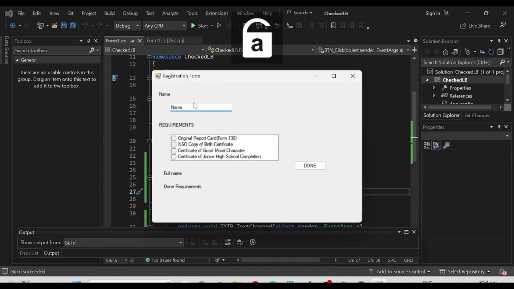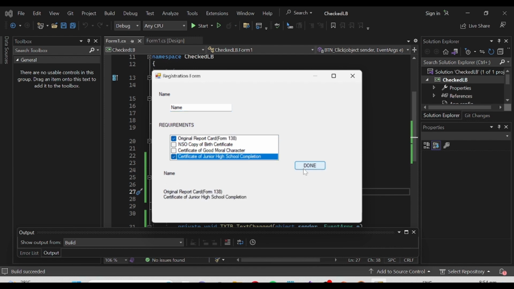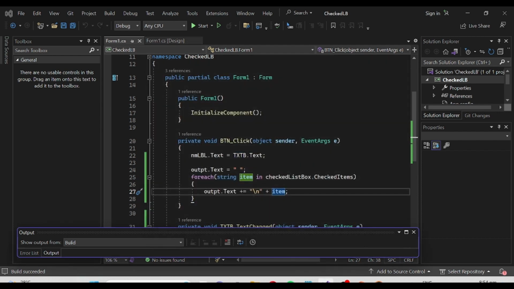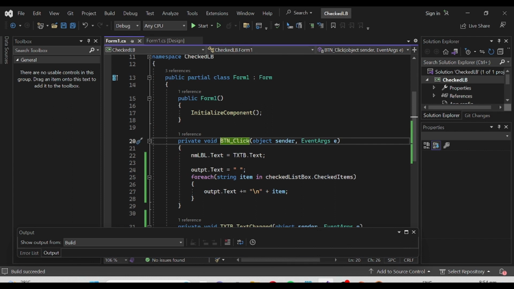the name from text box appears in the name label or the full name label. Once we remove the breaker or the next line, this will be the output of the